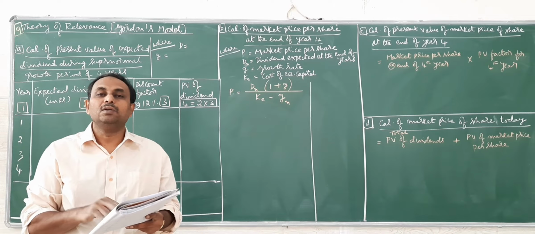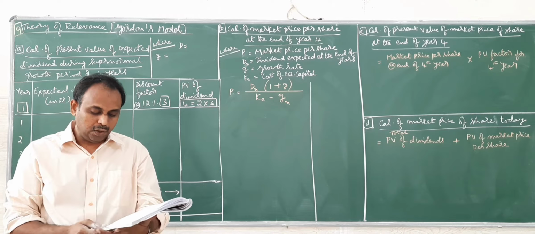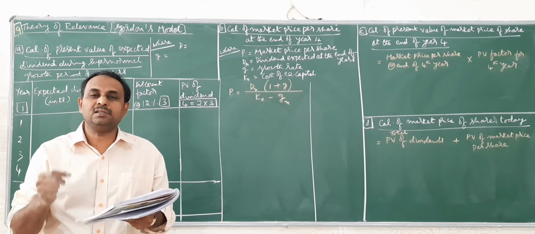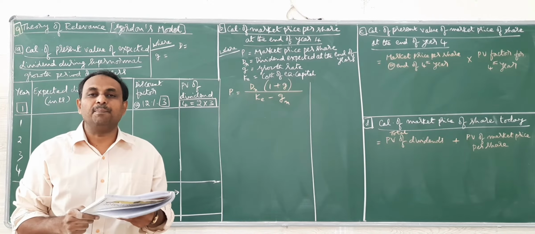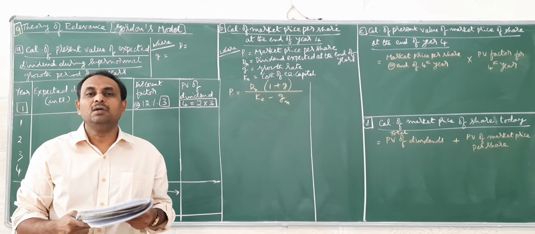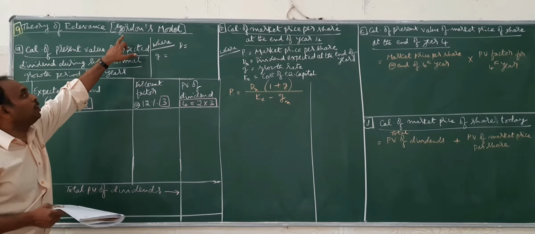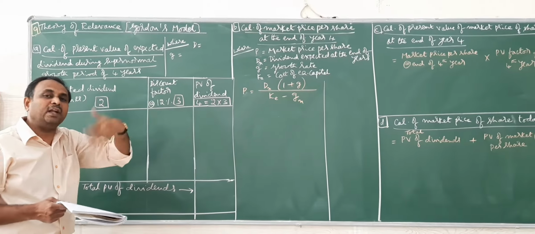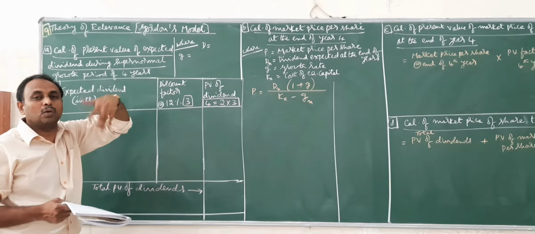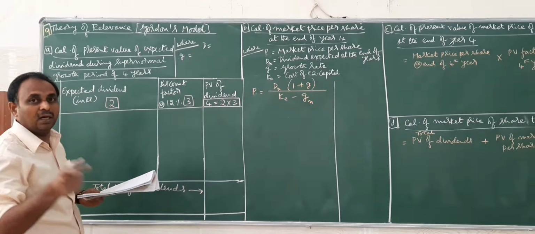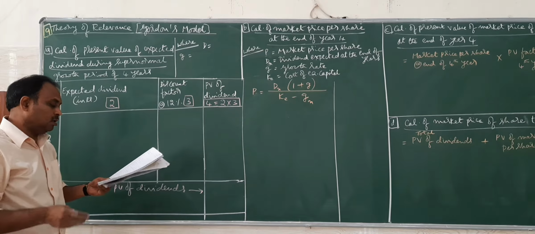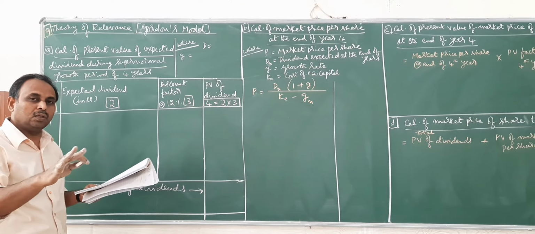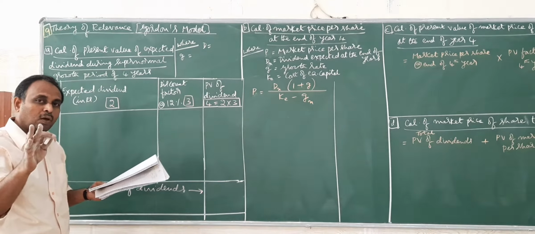It has been given. So when you look at this problem, you are going to find the calculation to be done, that is the market price for the shares today. But no particular model has been given, so we have to identify this as belonging to Gordon's model only, that is about the growth rate of dividend. Gordon also talks about the growth rate of dividend in his approach. So even if it is not given, we have to understand it relates to Gordon. No other models have been given here about the growth model of dividend.